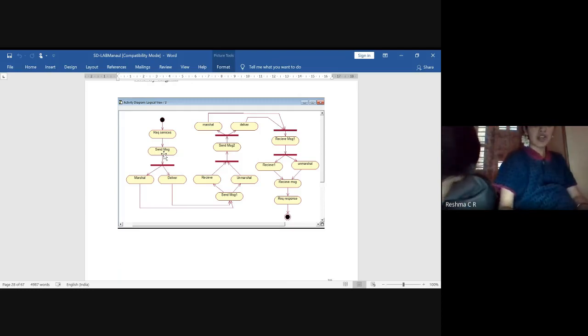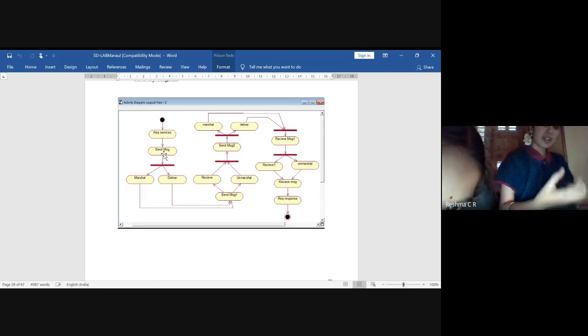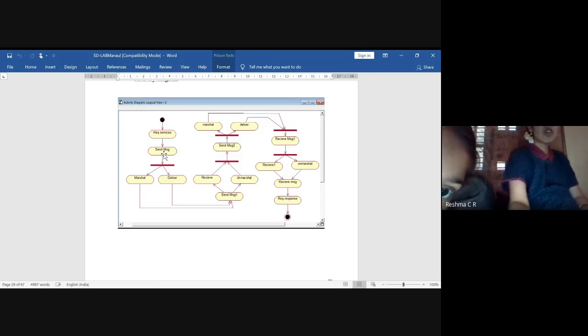So it will marshal and deliver, and send the message. Once the message is received, it will unmarshal it at the receiver end. This is what one peer is going to do.